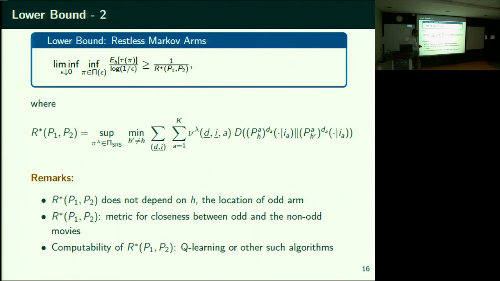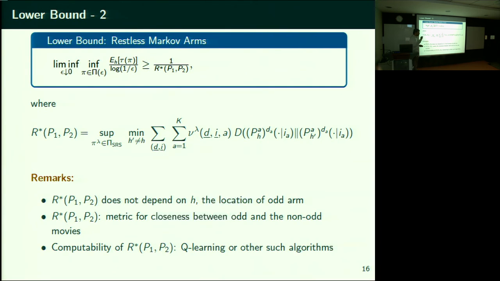But your lower bound, does it restrict attention to SRS policies? Yes, it restricts attention only to SRS policies, that is, policies which sample according to lambda. Pi lambda is a tremble. Pi lambda is according to lambda; you intend to select according to lambda. Lambda is an SRS policy, so I write pi lambda just to write that lambda is a policy pi. Lower bound doesn't depend on the SRS policy. Lower bound, for any policy, this is the lower bound. The policies in pi epsilon are SRS policies for me.